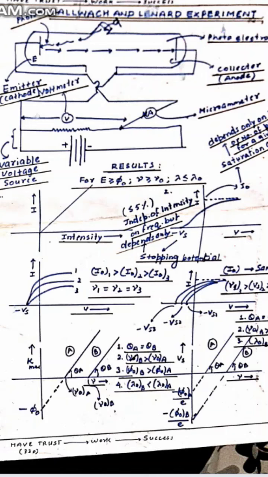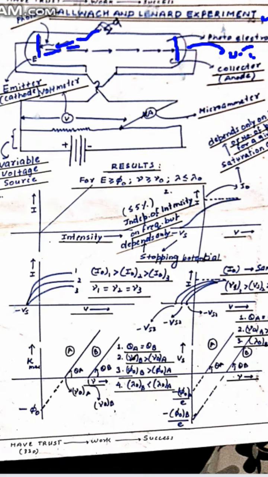So good morning everybody. Let's discuss the Hallwachs and Lenard experiment. It comprises a vacuum tube over here. In the vacuum tube there are an emitter and a collector, and this is a source of light. Photons are incident on this, and electrons are emitted from the metal. We have connected this vacuum tube